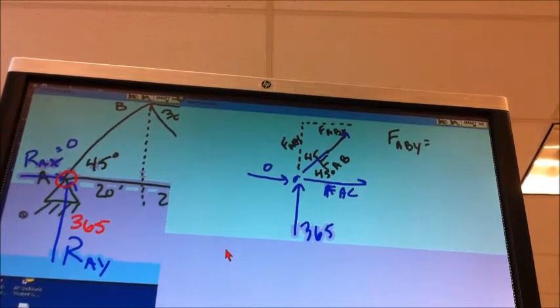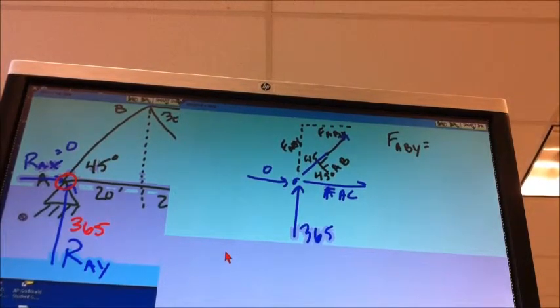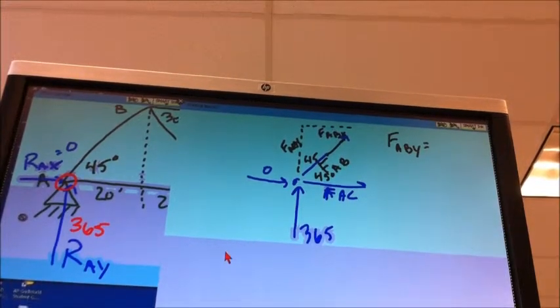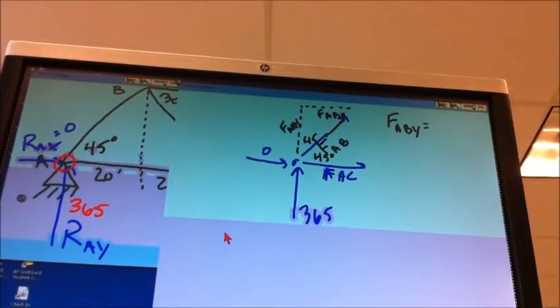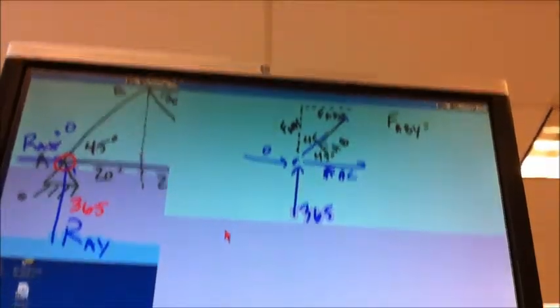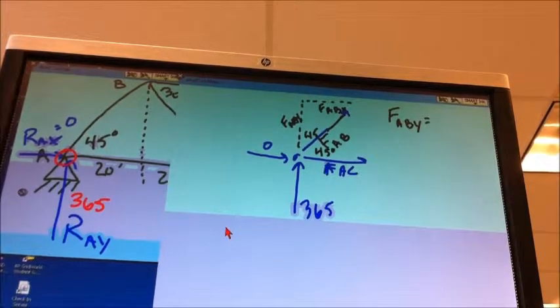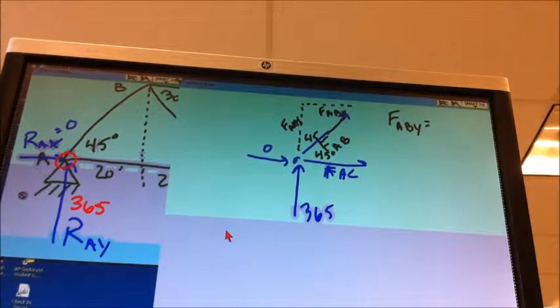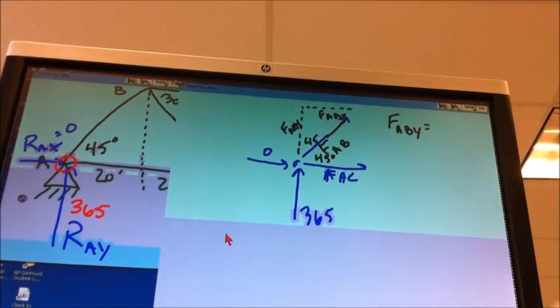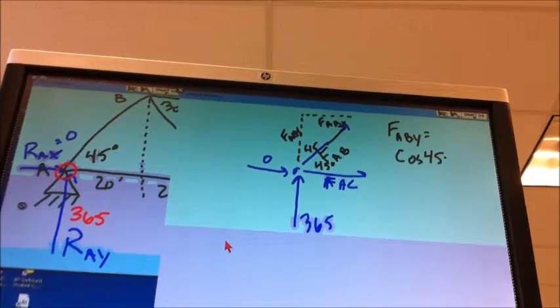Is the answer 424.3? Really, it doesn't matter because it's 45 degrees. Technically, it doesn't matter, but let's go in terms of this one. So in this case, for FAB, we want sine and cosine. If we're using this 45 degrees, we're solving for this and this. We've got the adjacent and the hypotenuse, so cosine. Cosine of 45 is equal to